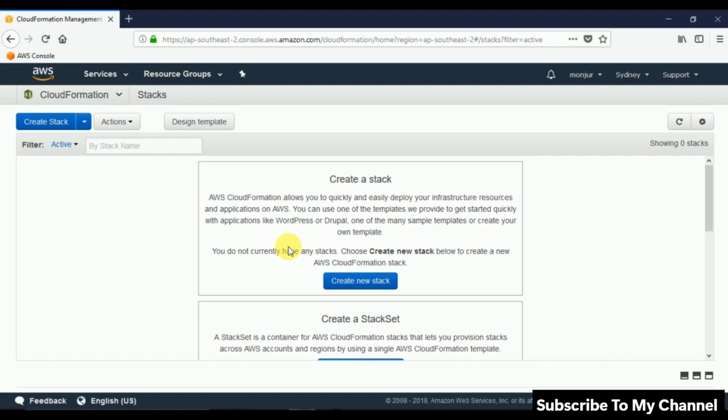For example, we want to create a WordPress website, and the resources that we need: a key pair, a virtual machine or virtual server, everything that we need. We can just tell AWS that this is what we need, and AWS will automate that task for us. So for that, first we click on create new stack,